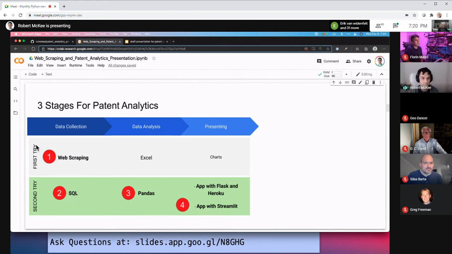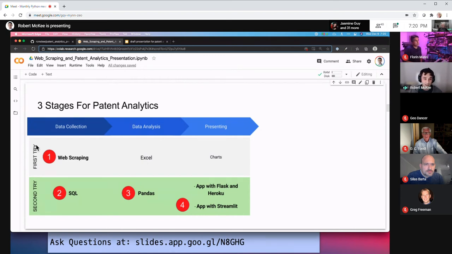So I go to BigQuery, I access their public data set, and with SQL I can go through millions of patent applications and pull that data out in minutes, whereas the web scraping could take me weeks. For one, programming it, and also being a nice web scraper, so not doing 100 requests a second, instead waiting a few seconds between calls.